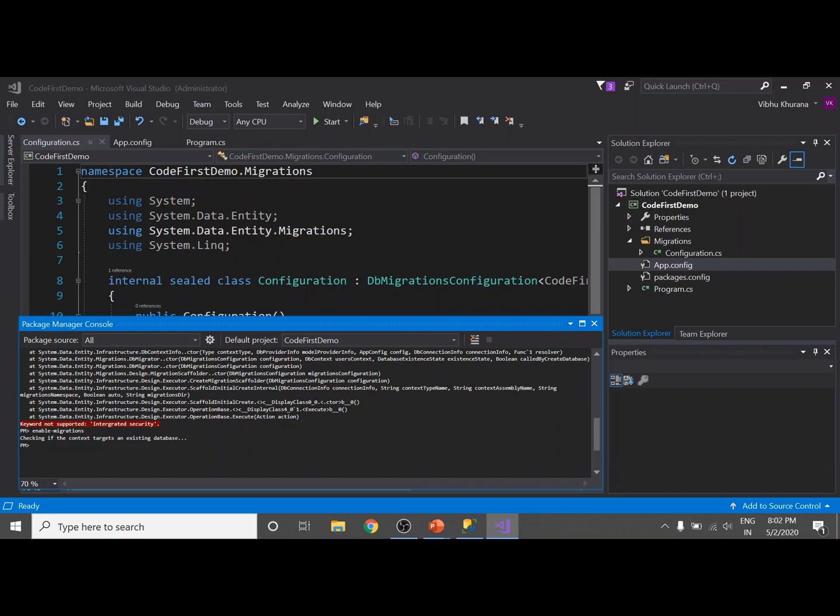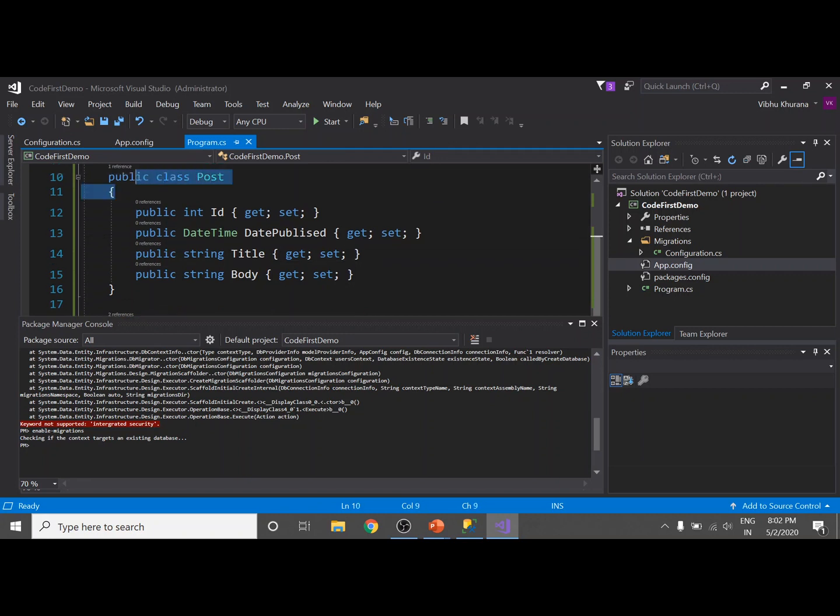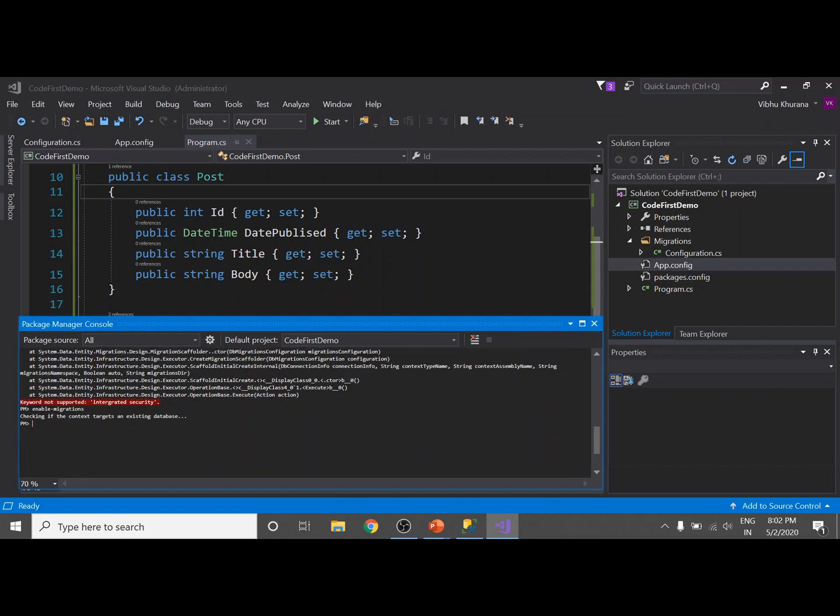So in this case, switch to the program.cs file. For example, we create a new class here called posts, or if you want to modify it, these are some cases where we need to make those changes. Now, every time we make a change to our model, we need to create a migration. So again, jump to Package Manager Console. Here we need to run a command